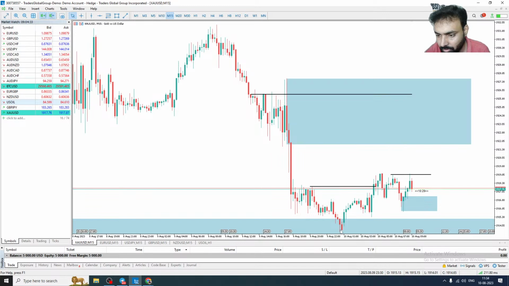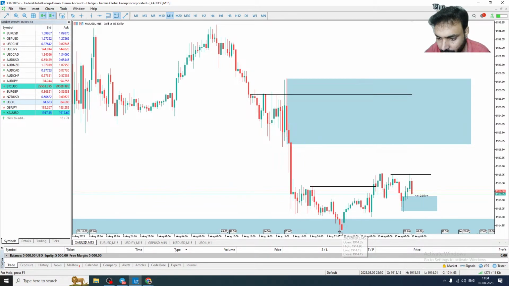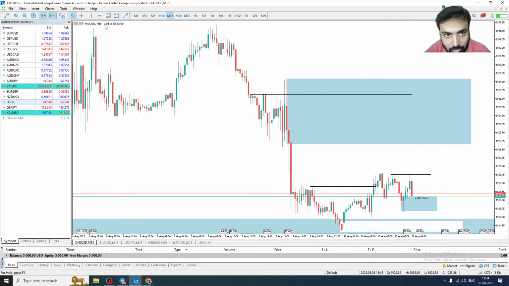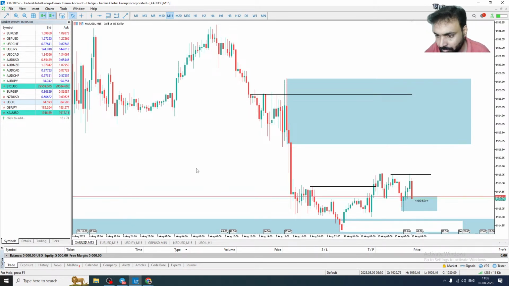So break of structure, price pushed from here, right? Price pushed from here. So this level, the opportunity is already given, but now it is pushing down. Maybe it is coming to this level. From this level, we can try to take a trade. So this is how much? 90 points. So pushing down.